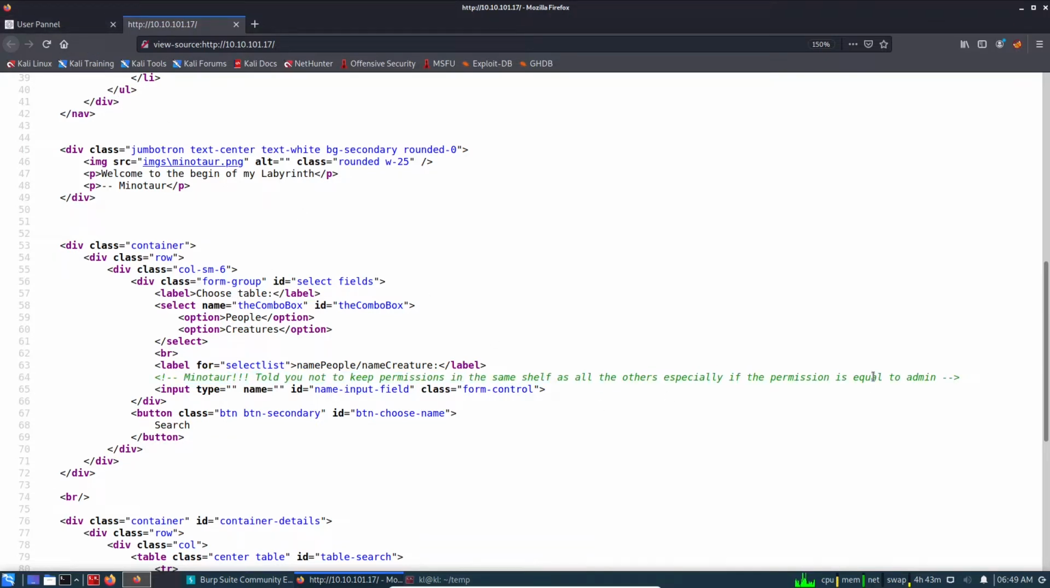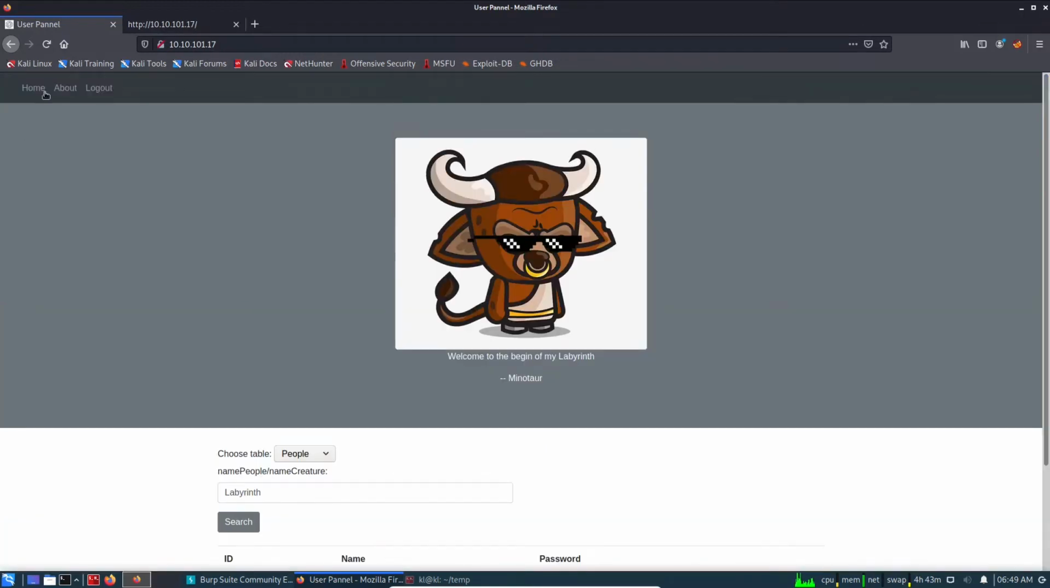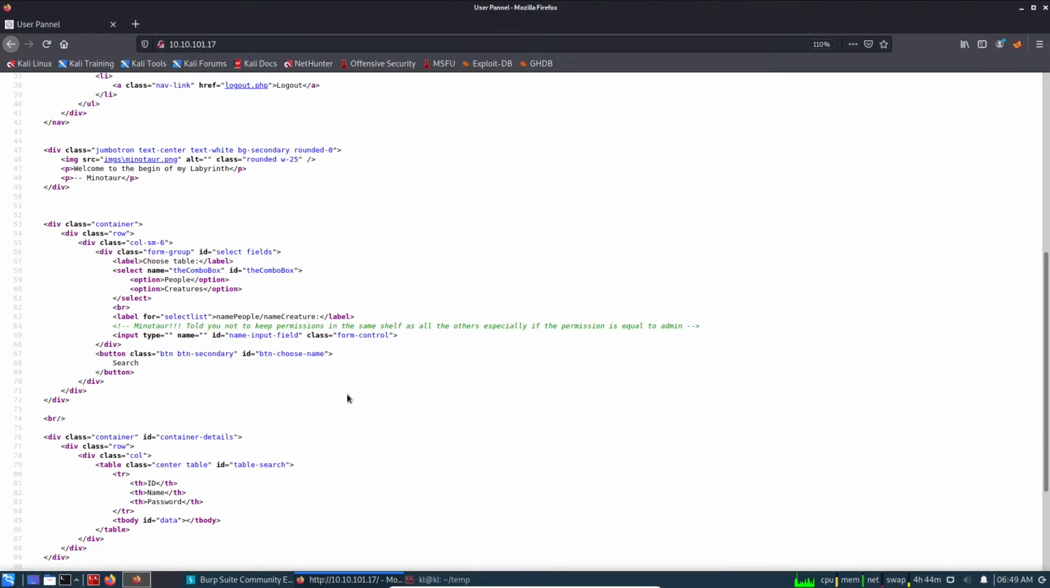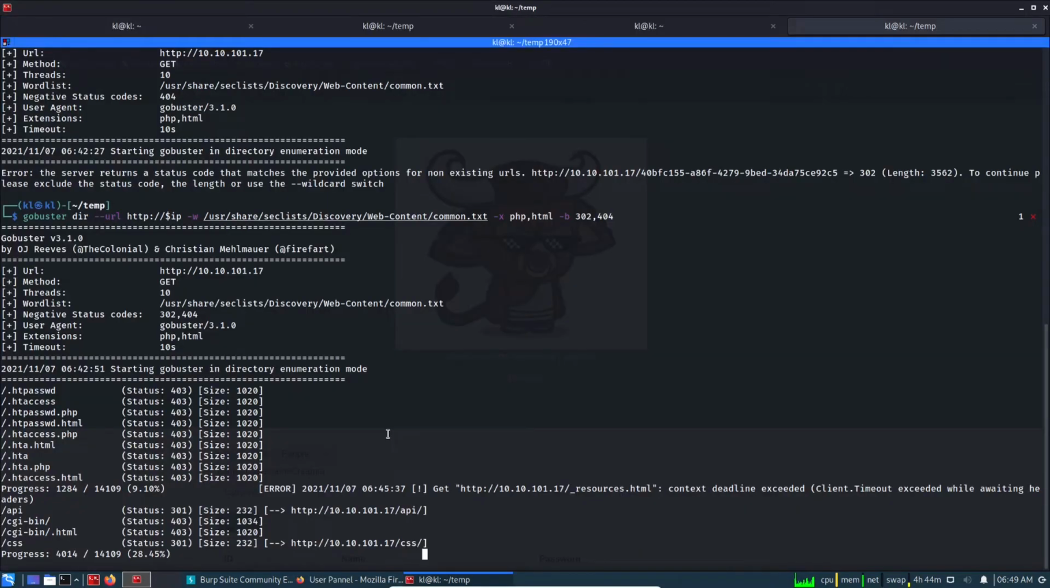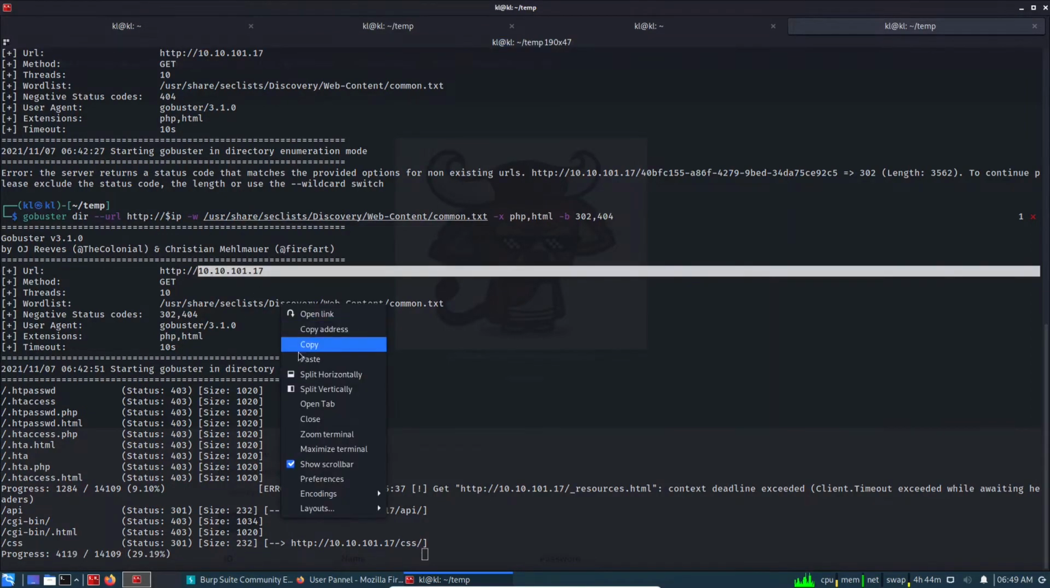So some permission mismatches are here, and for now I think no other link is there, so we can park this for now. We can go back and check the FTP port, and we'll come back to the GoBuster result. So for FTP, let's copy the IP address